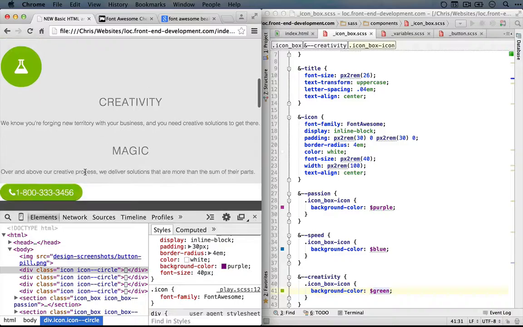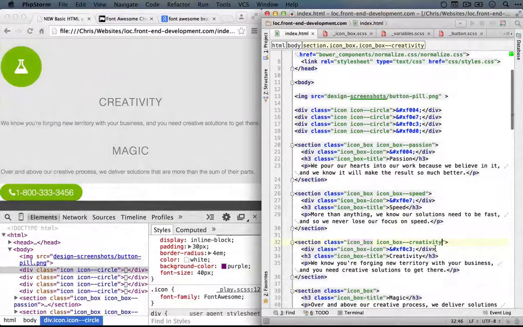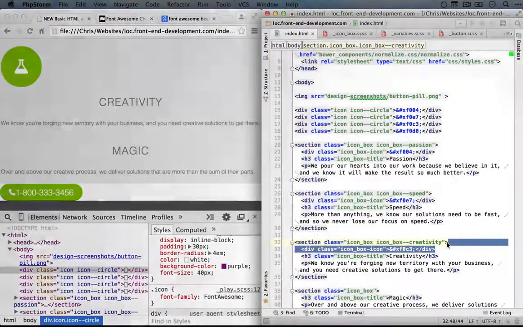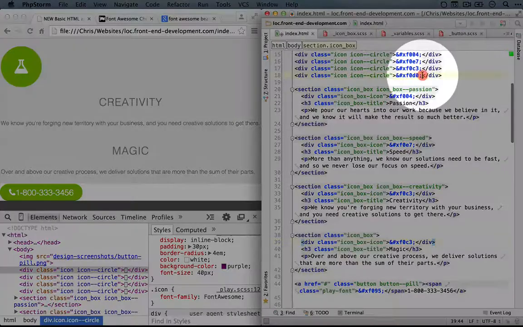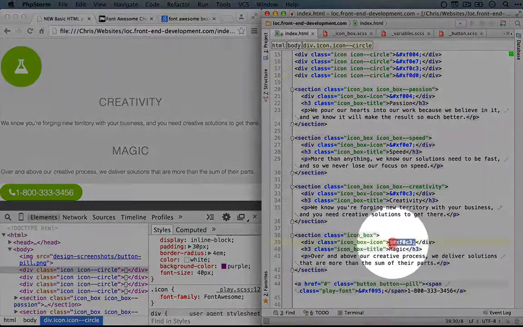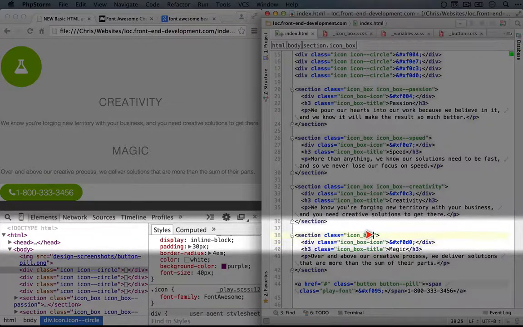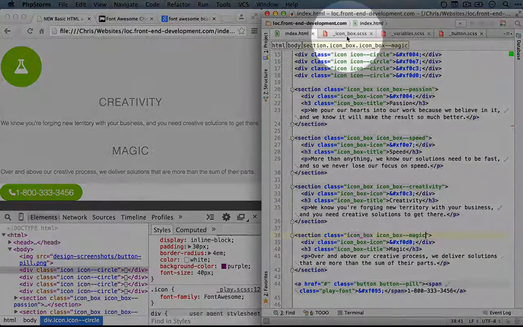And finally, let's deal with the magic icon. So we'll go back to our index.html. I'll copy the icon HTML and paste it here in the magic section. I'll grab the character code for the magic wand icon and paste it in here. And let's add a class for the subcomponent, icon box magic, again using the -- We'll save this,